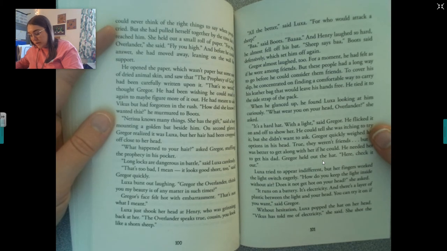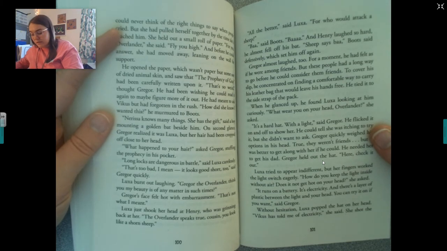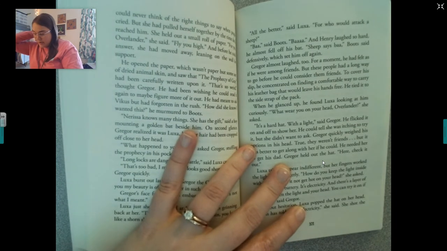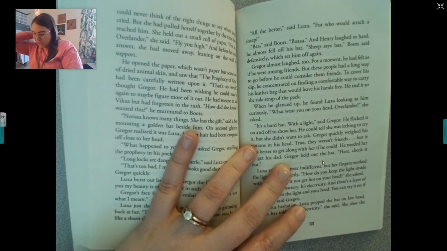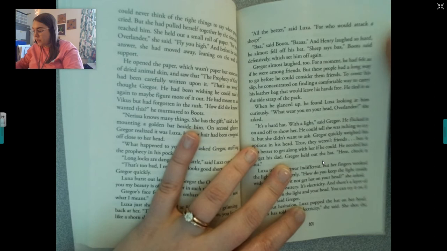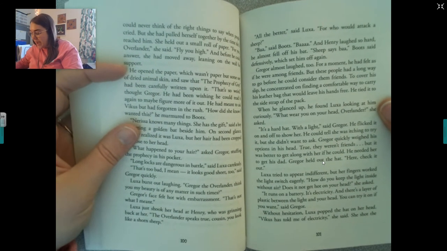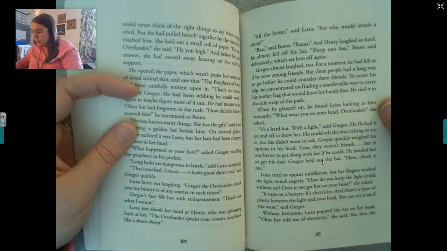Gregor's face felt hot with embarrassment. "That's not what I meant." Lexa just shook her head at Henry, who was grinning back at her. "The Overlander speaks true, cousin. You look like a shorn sheep." "All the better," said Lexa, "for who would want to attack a sheep?" "Bah," said Boots. "Bah." And Henry laughed so hard he almost fell off his bat. "Sheep says bah," Boots said defensively, which set him off again.